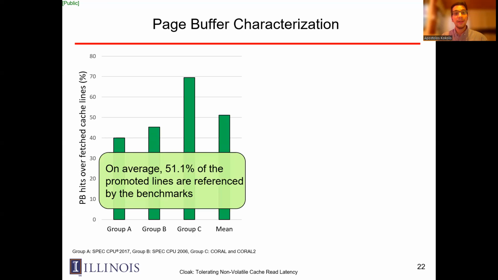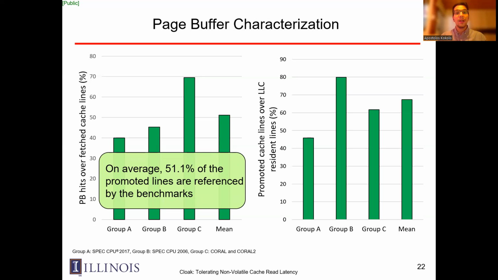We see in this graph that on average, 51.1% of the promoted cast lines are referenced by the benchmarks that we used. This hit ratio is helped by our page buffer replacement algorithm that favors the victimization of page buffers with fewer lines, and also by the fact that we do not pollute the L2 cast,